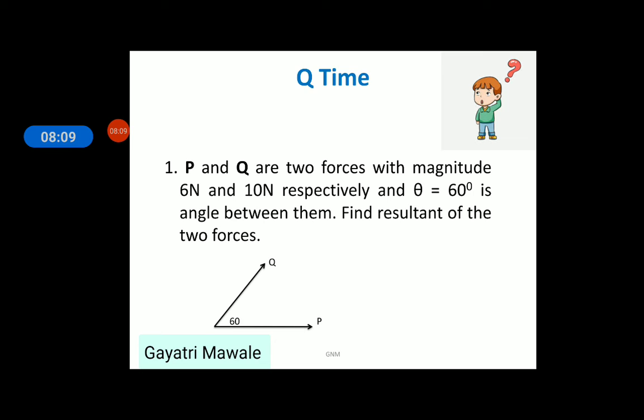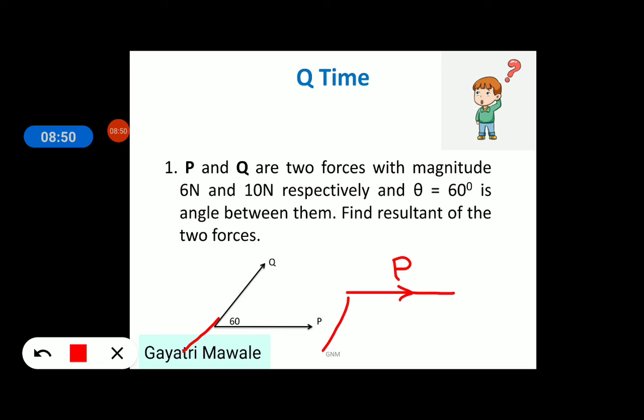Here P and Q, there are only two forces acting at one point. Forces are concurrent, but the third condition is not satisfied here. Here two forces are going away, and to apply triangle law of forces we should have two forces taken in order. So I can draw P force like this, and transmit Q force in opposite quadrant. If I extend this line, then Q force I can draw like this.